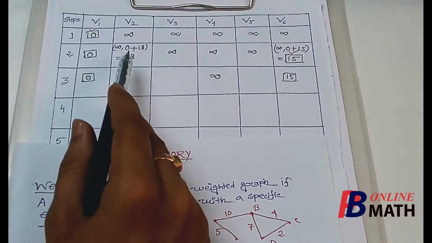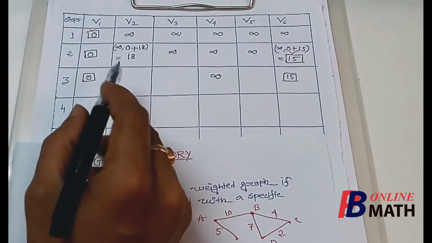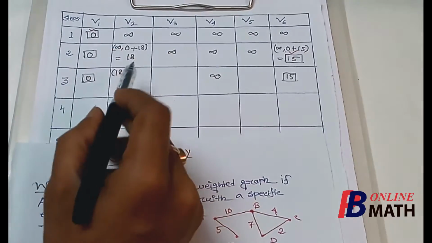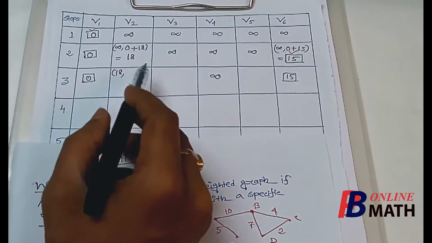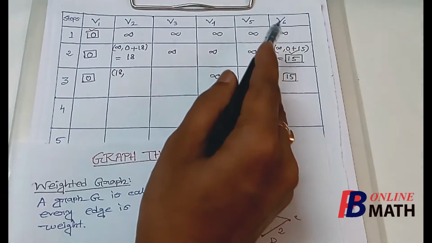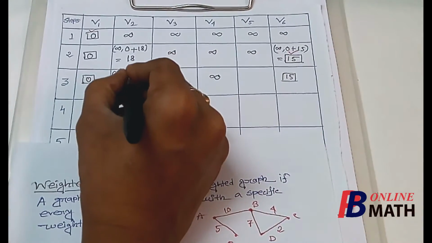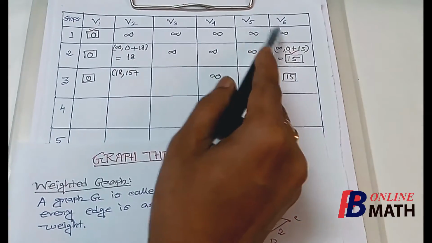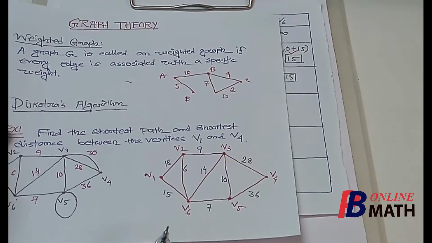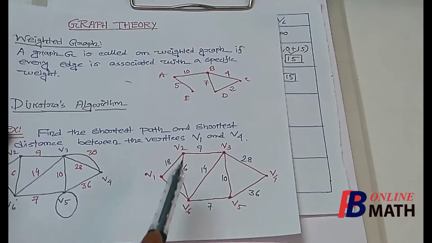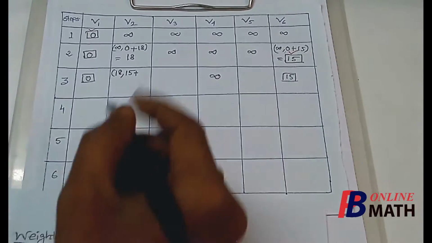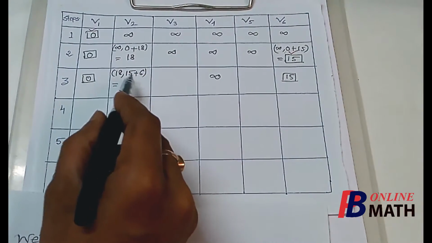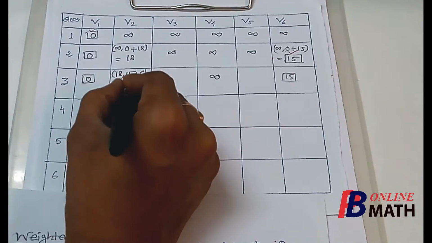Now for the remaining 3 vertices, we shall find the temporal levels. Starting with V2, the rule is to find the minimum value of the previous level, that is 18, comma, the permanent level of the previous step. In the previous step we labeled V6 permanently by 15. So this 15 is the permanent level of the previous step, plus the distance between V6 and V2, which from the graph is 6. Therefore we have 18 and 21, out of which the minimum is obviously 18.